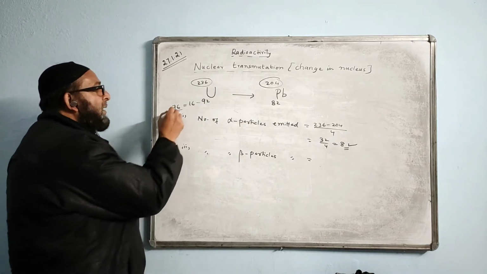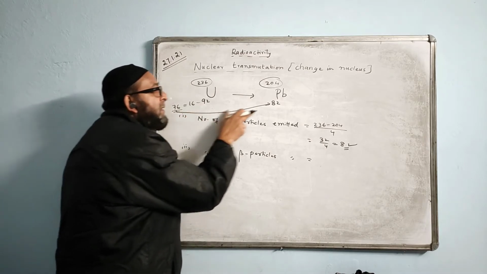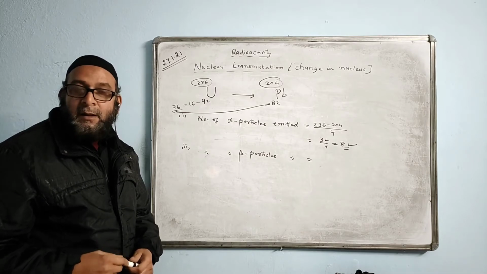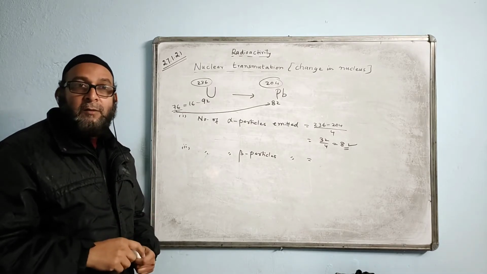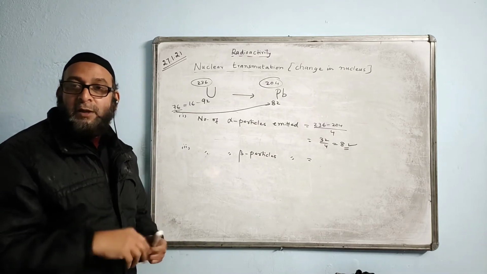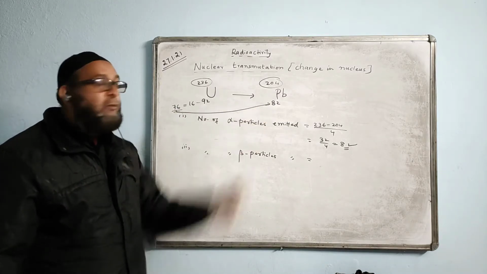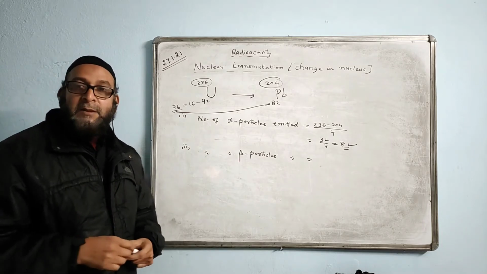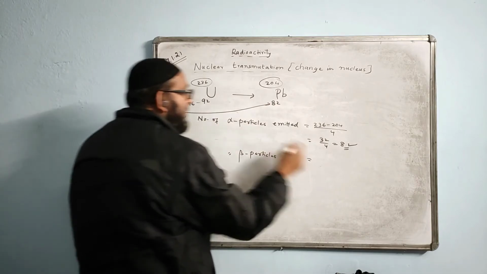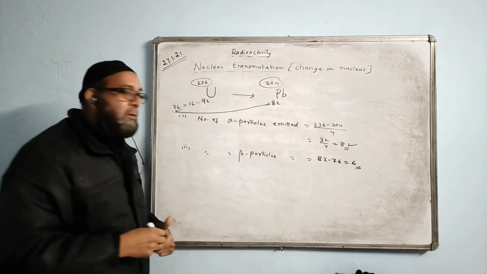So now we are looking at this 76 and 82. How much is the value increasing? 76 is increasing and becoming 82. How much is the increase in the value? 6. And we know when 1 beta comes out, it increases by 1. 2 beta particles will cause an increase of 2. 3 will cause an increase of 3. 76 becomes 82, so the increase is 6. That is, the number of beta particles emitted will also be 6 only. That is, you subtract 82 minus 76, the answer is 6. This is how you will work it out.